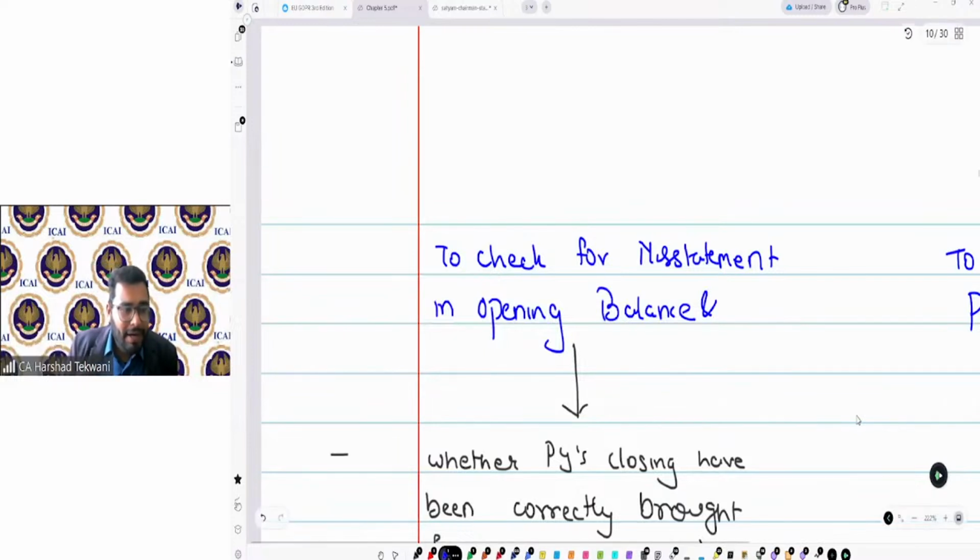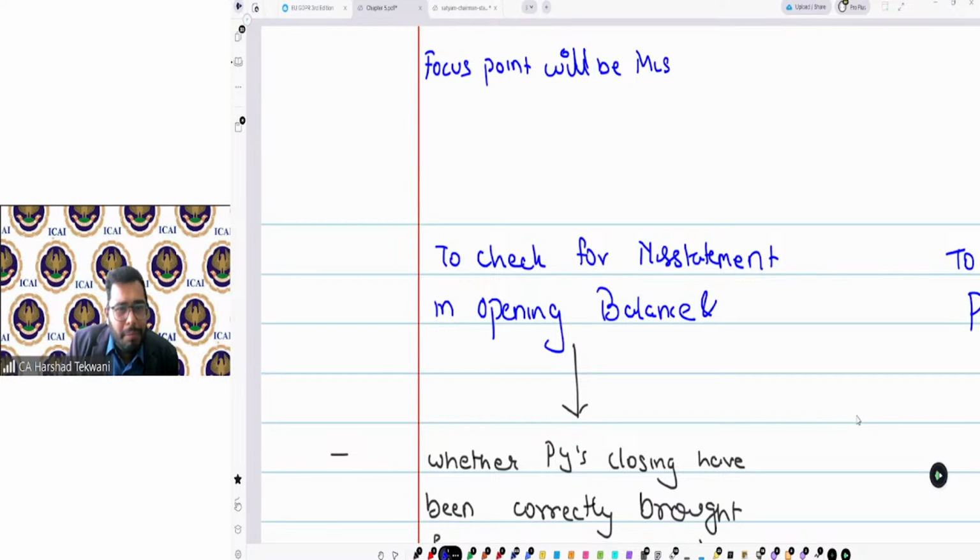So I'll write it here. Focus point will be misstatement in closing balance.